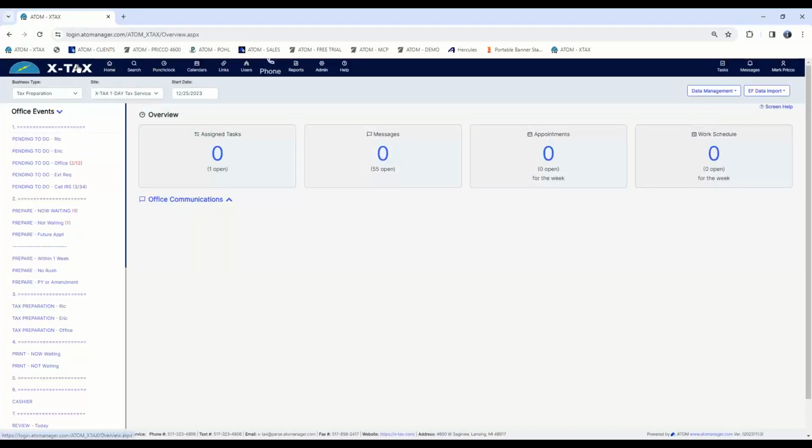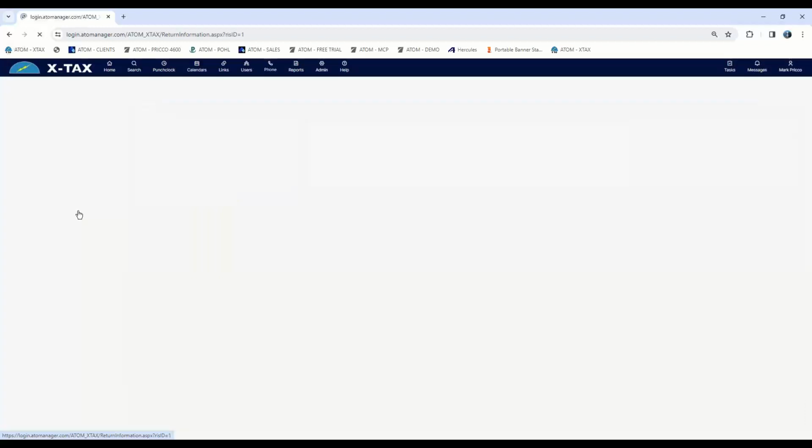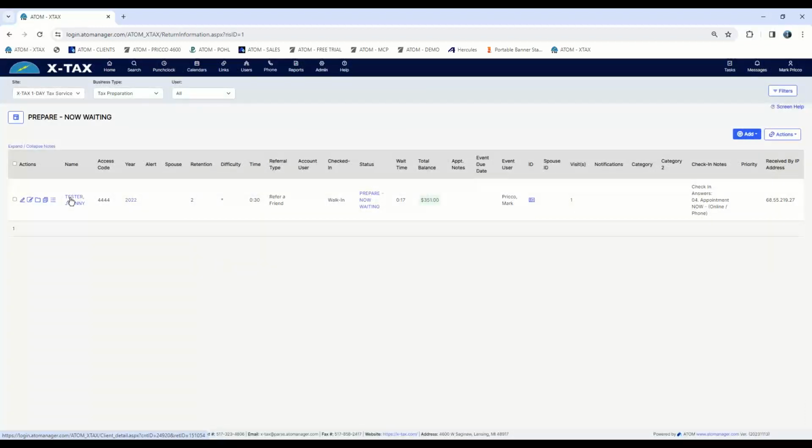On the home page here, these office events, I'm not going to get into too much detail on that, but prepare now waiting means the client is waiting for someone to do their tax return. There's one sitting in here, so I'm going to click on that. It's Johnny Tester here. Now I'm going to move it into my tax preparation because I'm going to start working on the return. So I'm going to select the edit pencil,